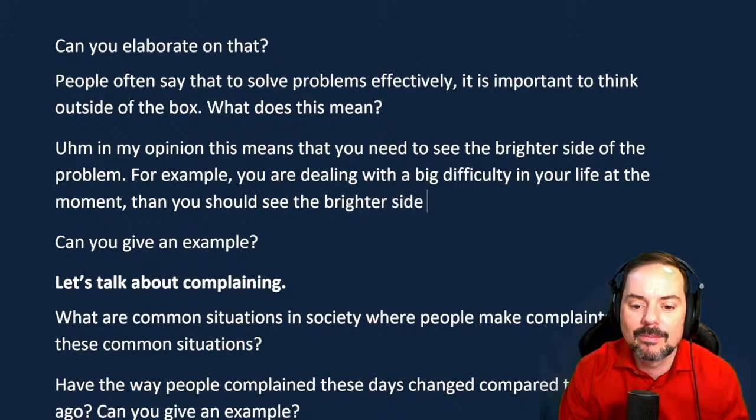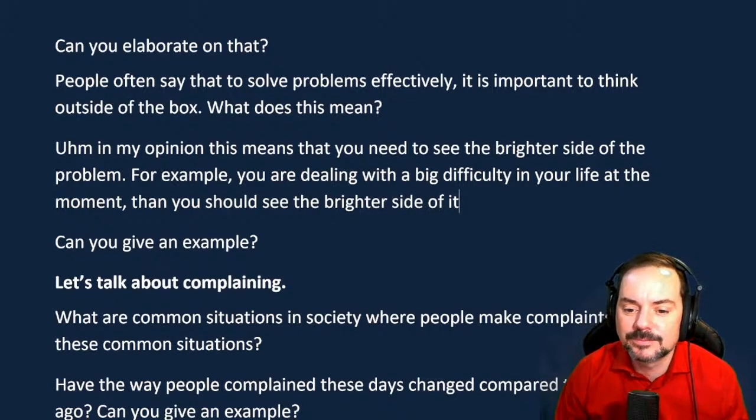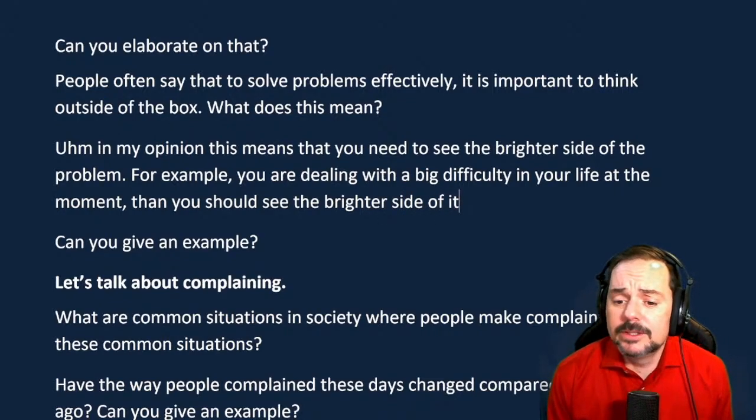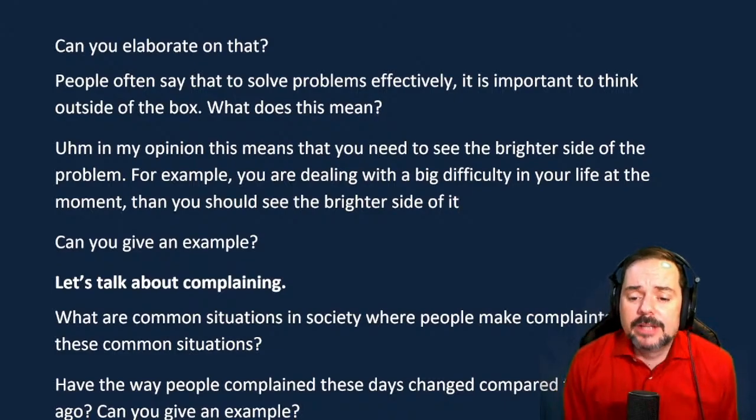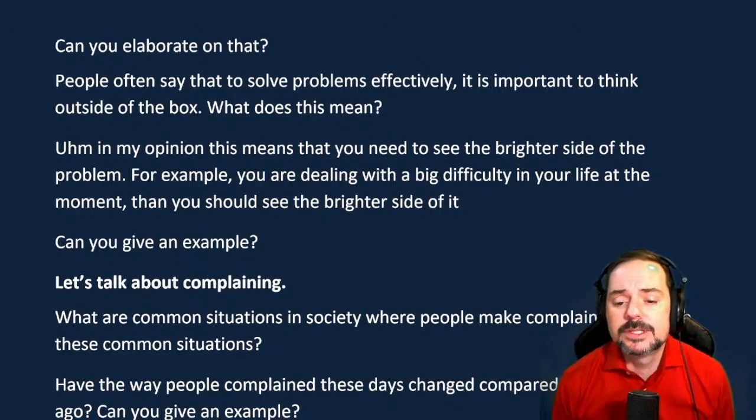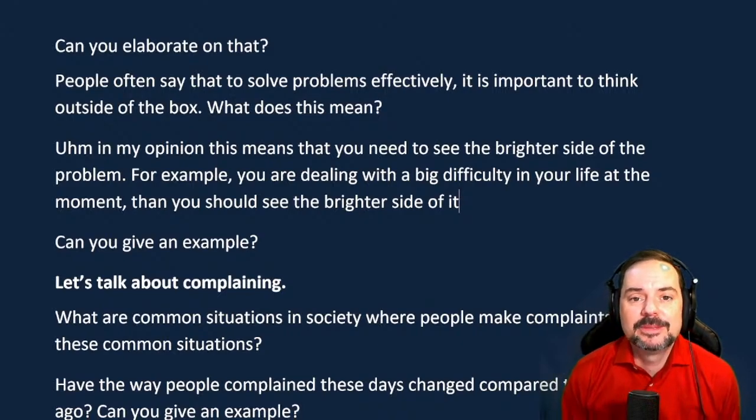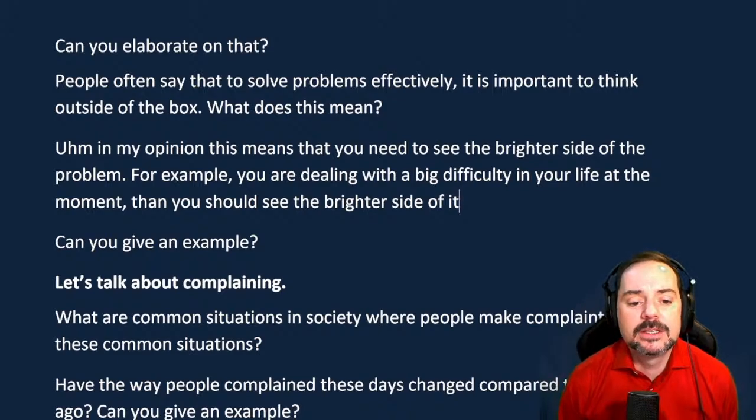To be honest, I'm not yet that confident. Okay, don't worry about it. That's why you're here, right? To gain some confidence, to gain some fluency, gain some tips for how to do better. That's what I'm here to help you with. So it's totally okay. And my first help is this. Visualize the problem. So you said when you're dealing with a big difficulty in your life. So first point here, Andy, is you're making the same mistake that Lug made.